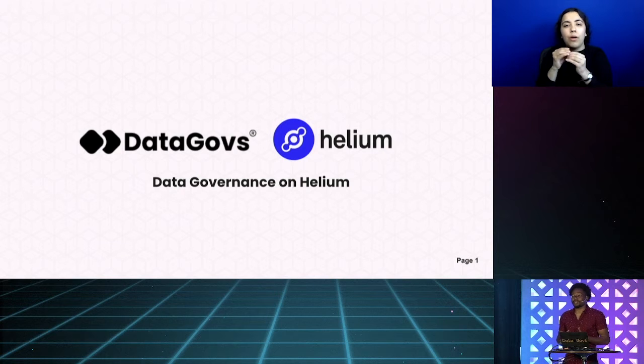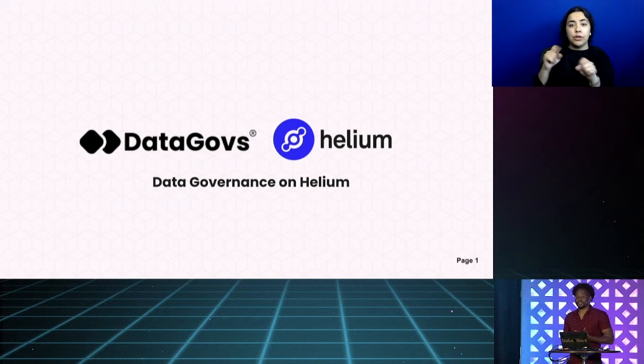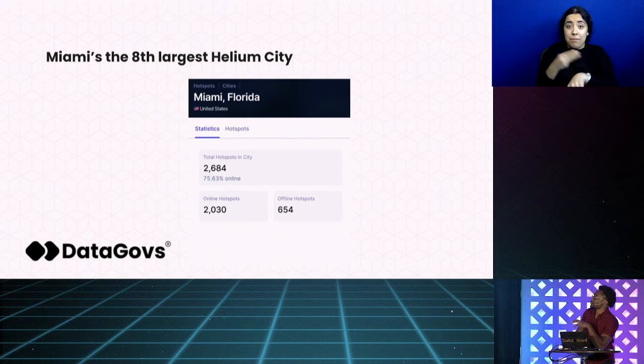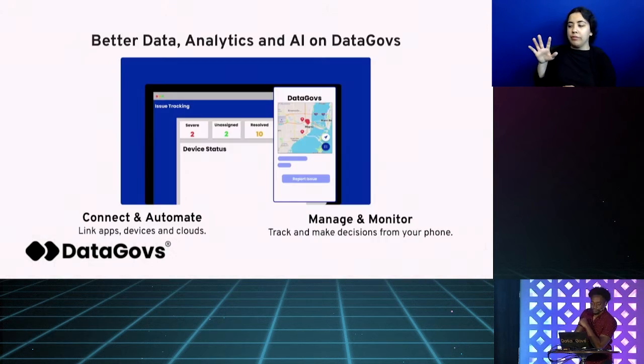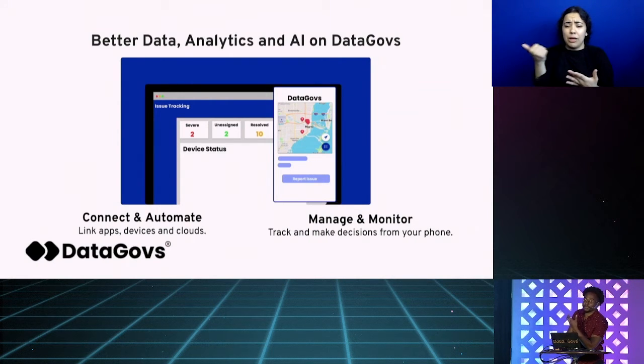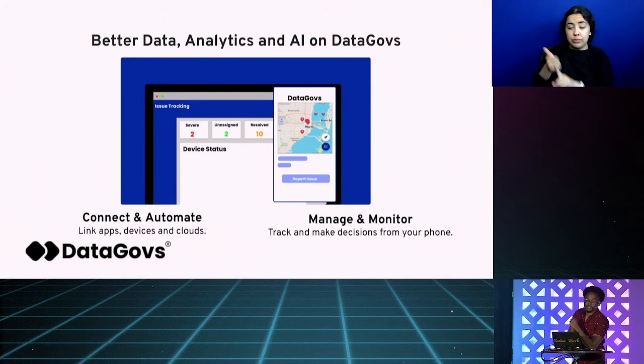What we see is organizations are tapping into this to look at environmental monitoring and looking at leveraging our API to help make sure that the data is secure, reliable, and ties into their existing data infrastructure and data stacks. We've seen this growth here in Miami by the increase of these hotspots coming up to 2,684 with about 654 hotspots offline. We've also seen this in just supplying better data through dashboards and mobile apps that have helped the different users that are leveraging our system and their different workflows.